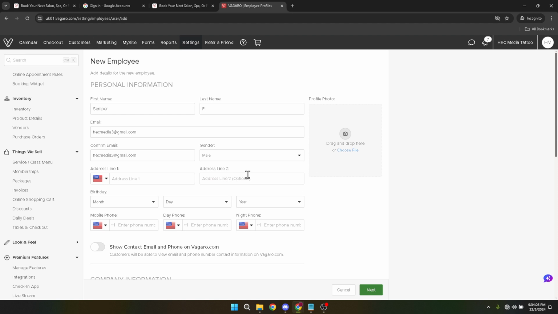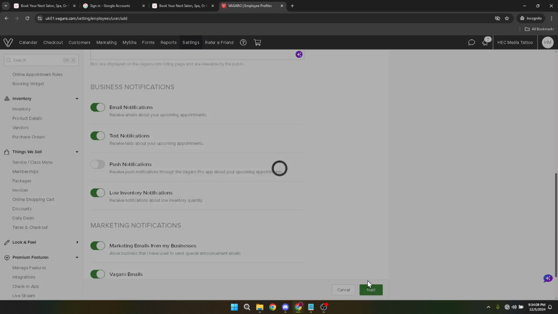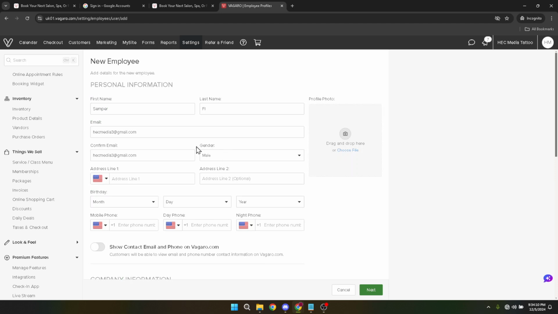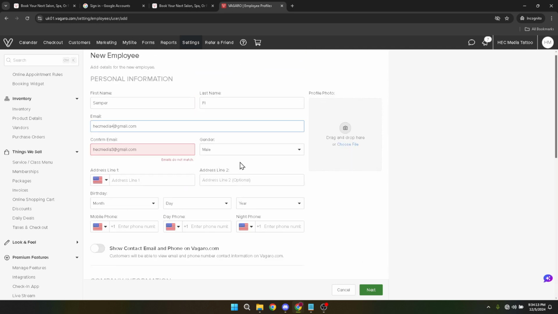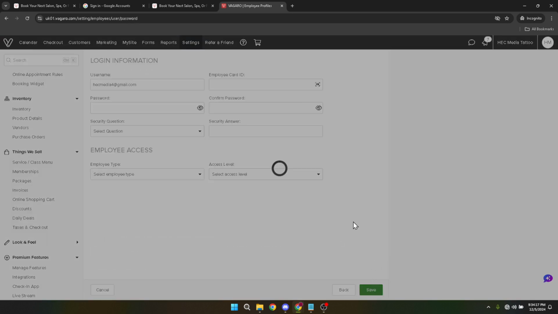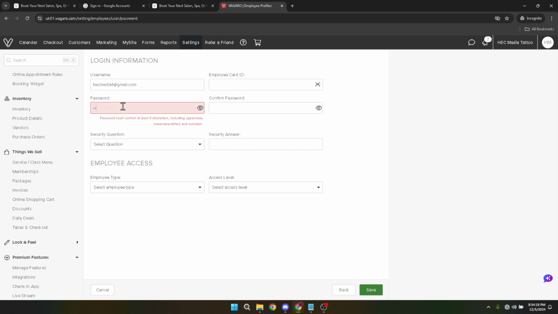The next critical step is to set up a password for their account. You'll type in a chosen password and then retype it to confirm accuracy. The importance of creating a strong, secure password cannot be overstressed, as it protects the employee's account and your business information. For additional security, you're prompted to choose a secret question for the employee. This feature adds an extra layer of security to the account, helping with password recovery and account verification should the need arise. Type in the answer to the secret question you've chosen for them.